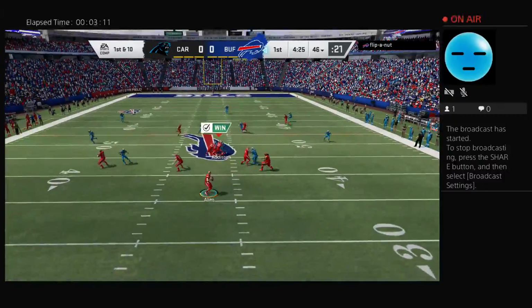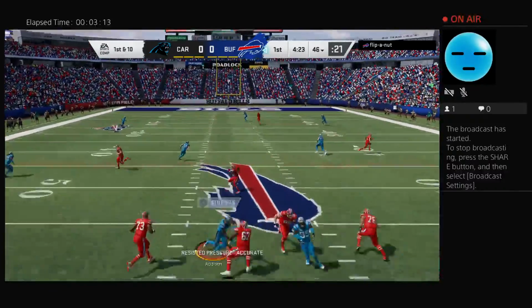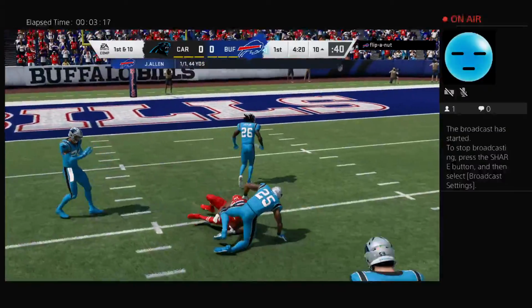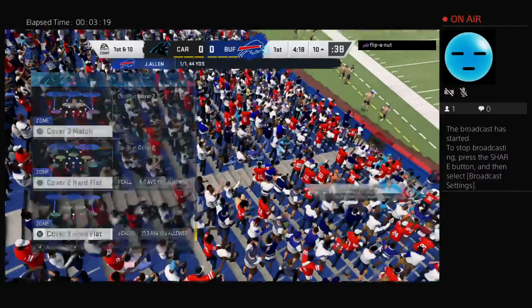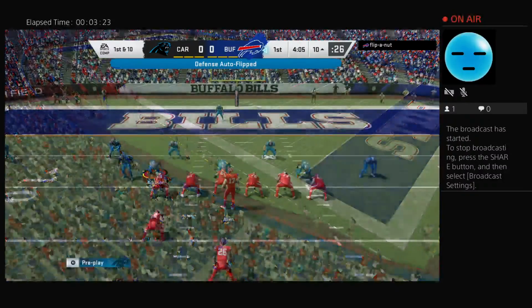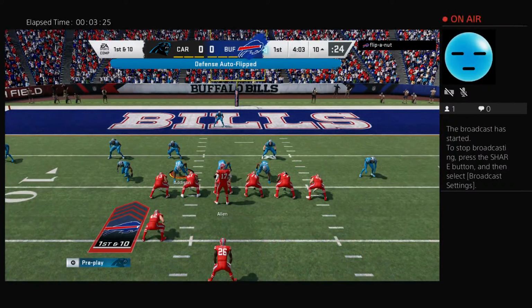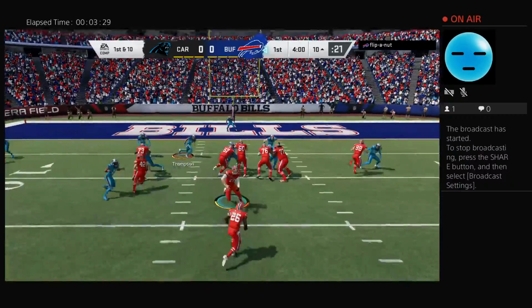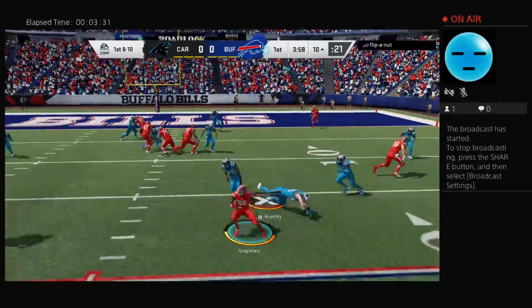Allen now on 1st down. Going for the deep ball. This is caught inside the 15. Yeah, he's going to get this deep on the Carolina side of the field. A big play here for the Bills. 44 yards. So now following the big play, they've got a 1st and goal all the way down at the